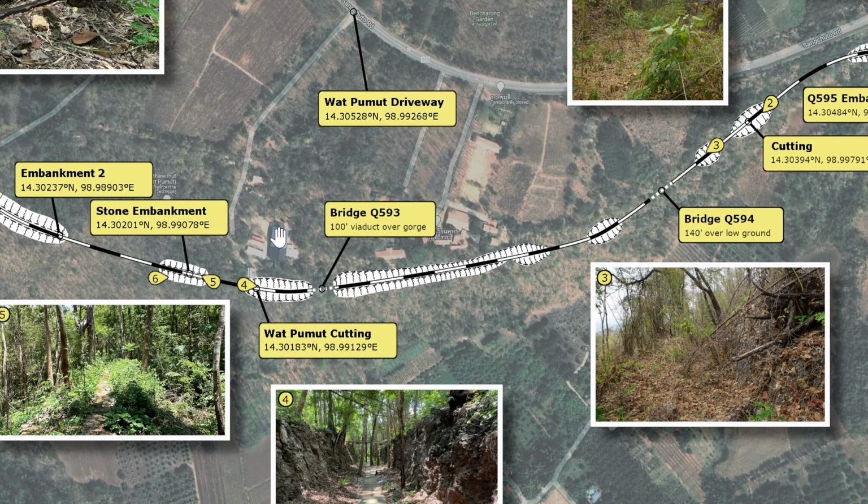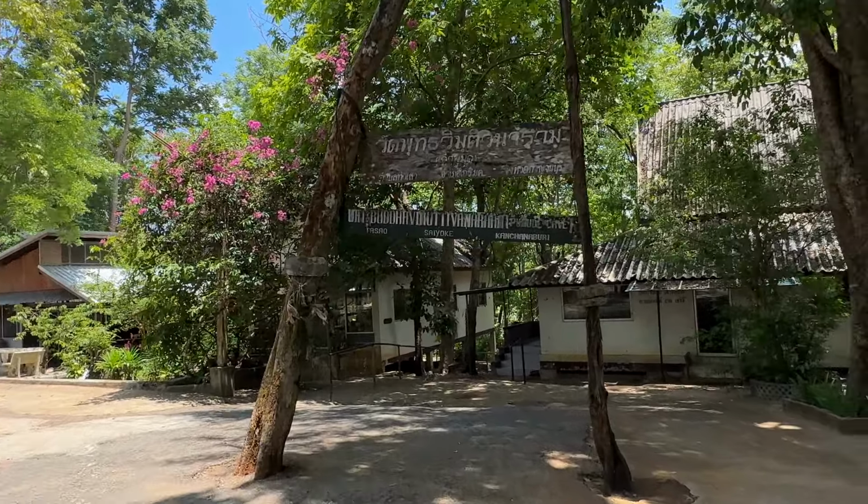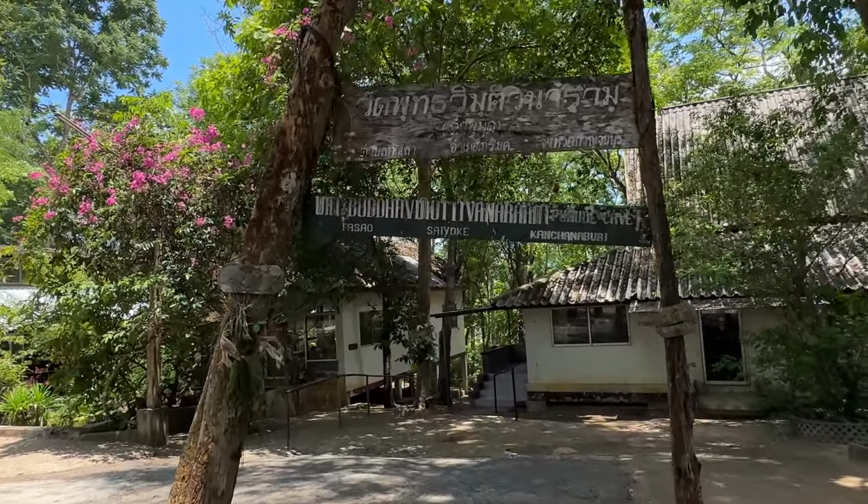Even at the well-maintained Hellfire Pass trail, you still need to go down the 1,000 steps, as I've heard it called. But here at Wat Pumut, you can park your vehicle and just walk down the path and you find yourself on the railway. This clip shows where to go from the car park. From the car park, you'll easily find this arch,